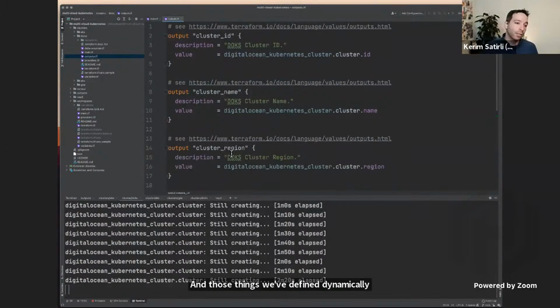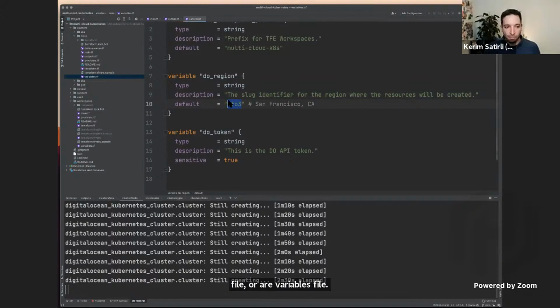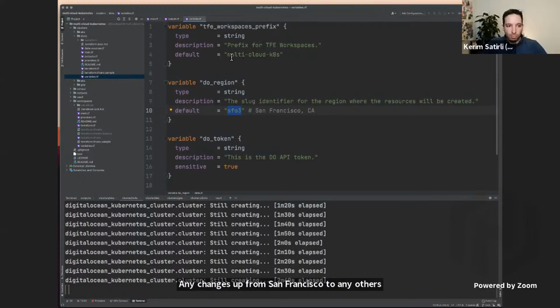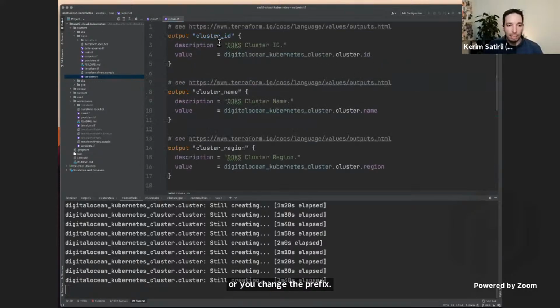So that means if you run this and you go into your variables file, and it changes up from San Francisco to any other zone, New York, or you change the prefix, then this will reflect in the outputs. And this is important because what we're doing with this repository is giving a promise to our application developers that they will be able to get the data that we have here through Terraform outputs. And that removes a little bit of glue. And I'll show you what that means in a second. But before we do that,